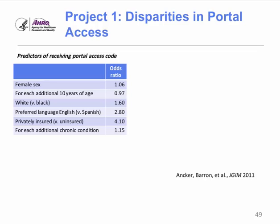In order for a patient to establish an account, the nurse or doctor had to set up the account for them. So when we looked at the odds ratios for the different demographic variables, what we found was that women were more likely to get this portal offer than men. Older patients were less likely to get it as they got older. Whites were quite a bit more likely to get this offer than the blacks were. And English speakers and privately insured patients were quite a bit more likely than other patients to receive this portal offer. And then finally, people with chronic conditions, with each additional chronic condition, you are more likely to receive this